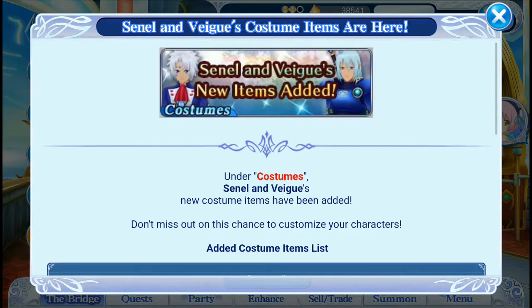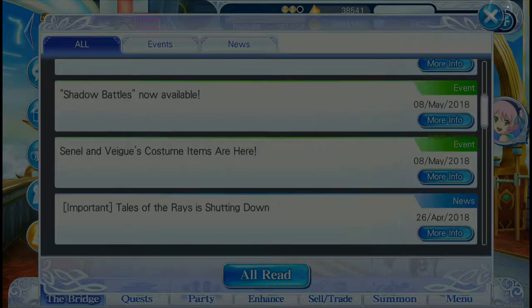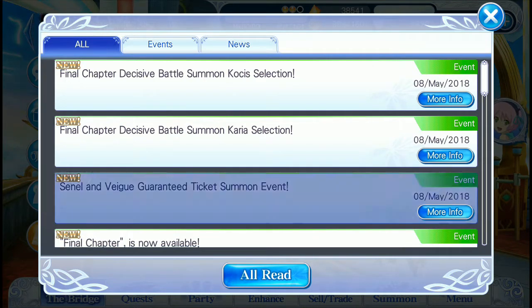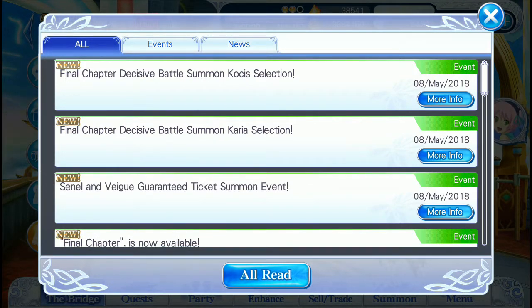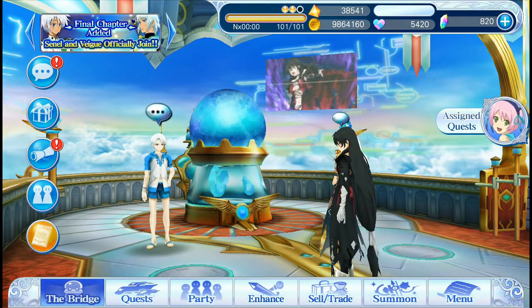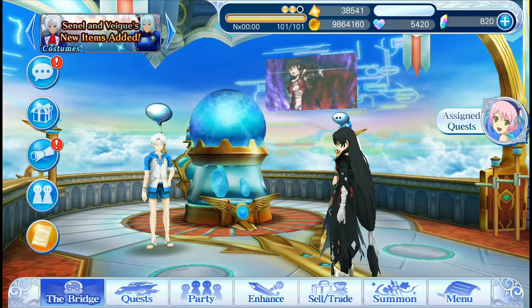So, we got Sinel and Vague, of course. Final chapter is now available. Sinel and Vague, final chapter decision. So there's obviously two different versions of the banner. One has higher rates for certain characters and the other has higher rates for the other ones. But I think I'll do...